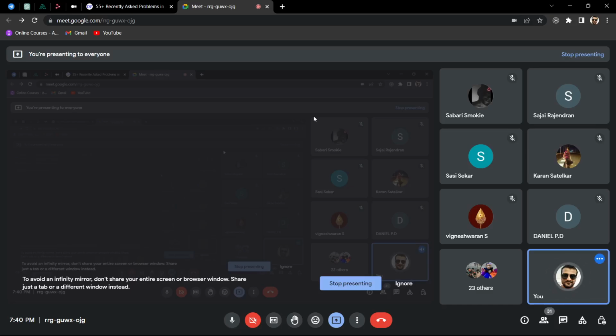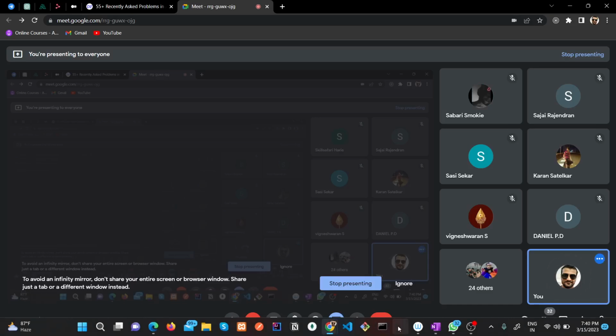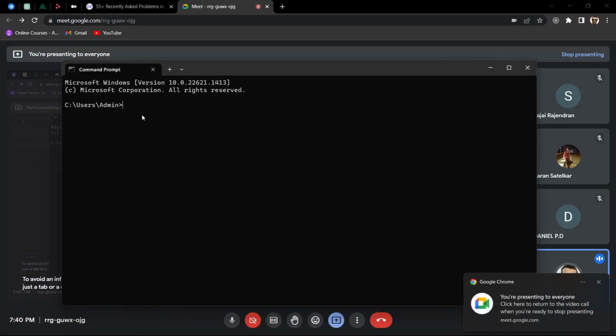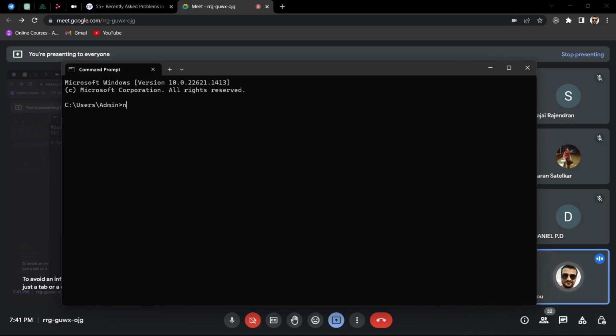You don't have to download npm separately. If you have already downloaded it, you just have to check with node -v, and it will tell you the version of your node.